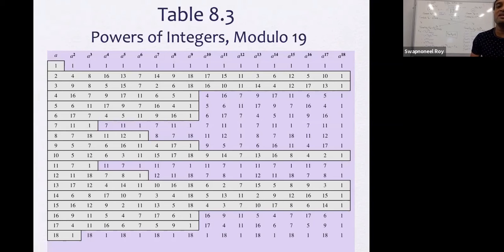A primitive root generates all powers of the integer modulo 19 with exponents ranging from 1 through 18. Now we can generalize this for any prime number p. For any prime p, this table will be a p minus 1 cross p minus 1 table, with the columns for the p minus 1 possible exponents and the rows for the p minus 1 possible bases. Those bases that produce every possible integer from 1 to p minus 1 modulo p are the primitive roots of the prime p.